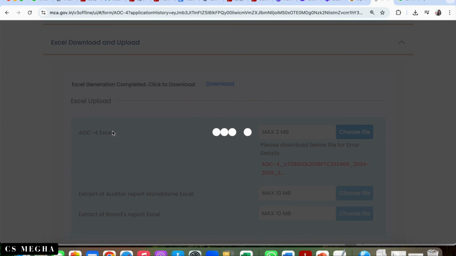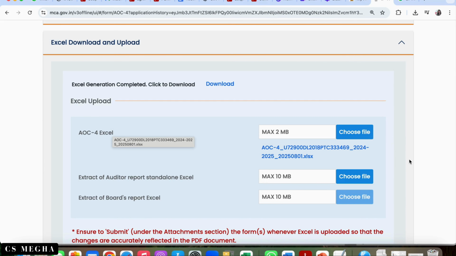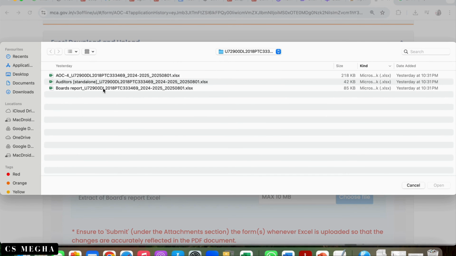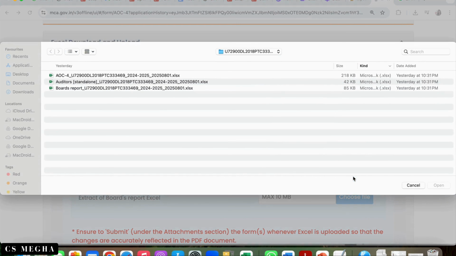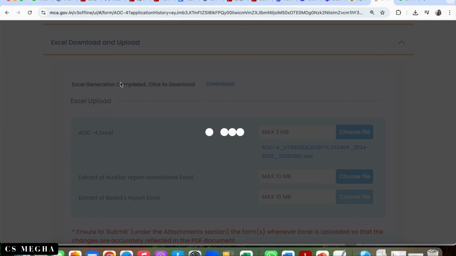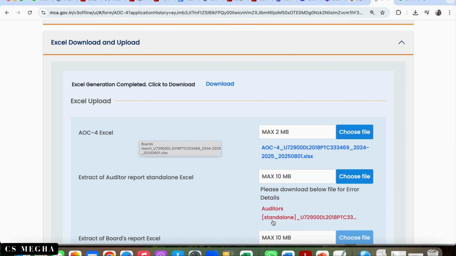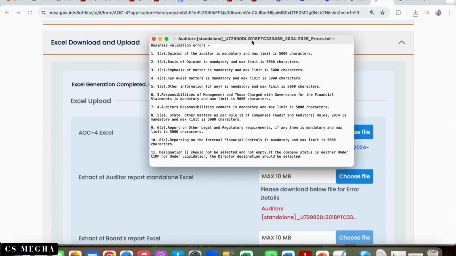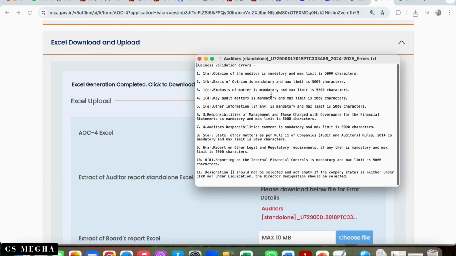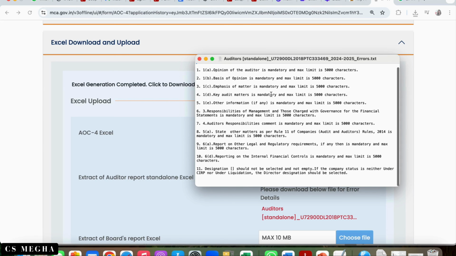Now after doing all these changes, I am again re-uploading this AOC4 Excel. I'll upload the auditor's report here. Again, one error report is there. So basically I have to reduce my character limit to 5000 characters.